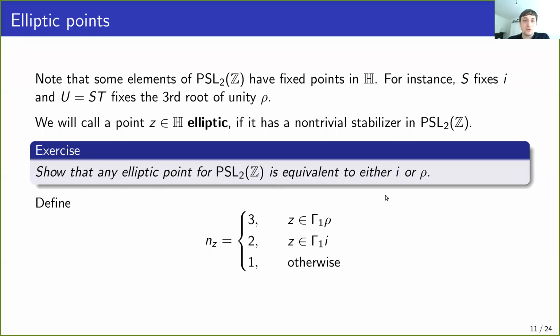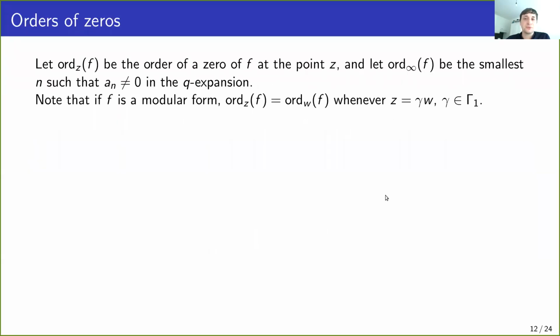Okay, so now we come to an important part. So we want to prove finite dimensionality of the space of modular forms. And for that, actually, there's a kind of a formula for the total number of zeros of f in the upper half plane when you look modulo the Gamma_1 equivalence. And that formula,